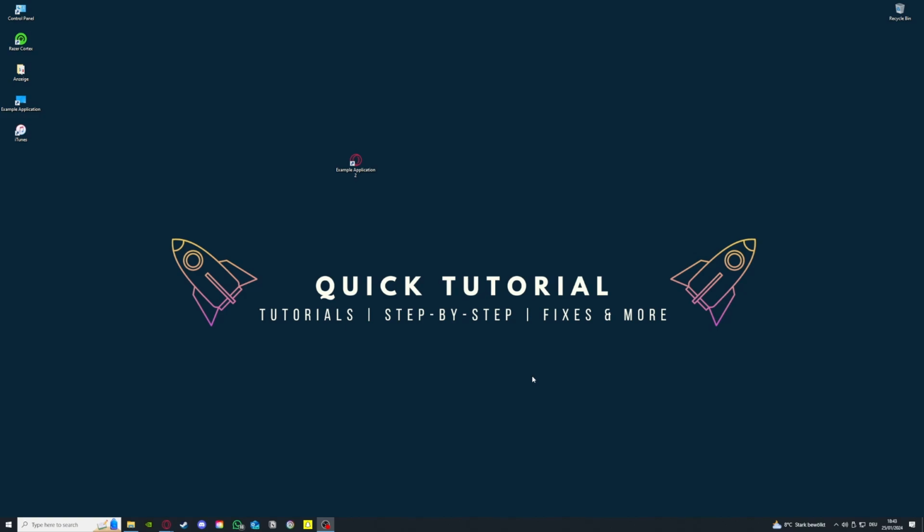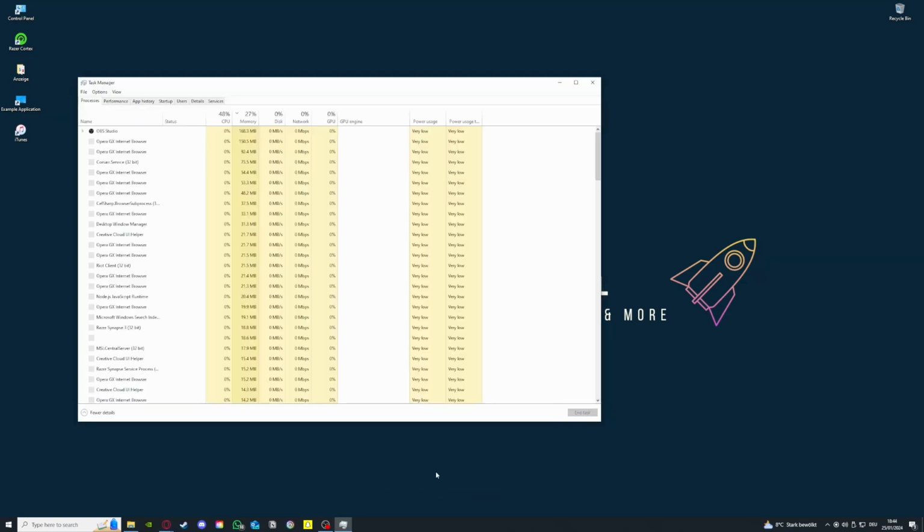Before we get into the video, I will show you some easy fixes that you might already have tried. For example, a restart. That's the first thing I'm going to mention, and later on I'm going to go more into the complex fixes which might help you prevent the crashing of the program. So yeah, let's start. First of all, I want to recommend you to open your task manager and check